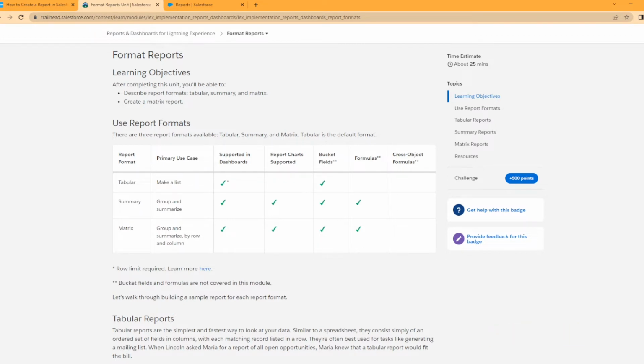Today we're going to be looking at how to create a summary report in Salesforce. We're starting out on the Trailhead website, taking a look at what the different report types are. We have the tabular, summary,